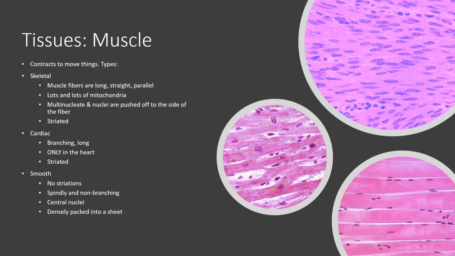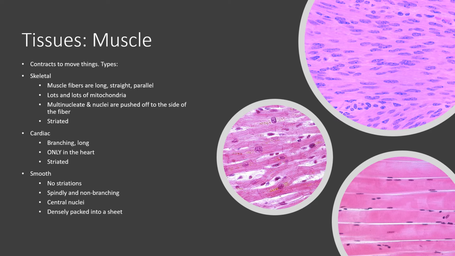Skeletal muscle is what you really just think of as muscles. It's your biceps, it's your triceps, it's your abs, it's your hamstrings. These are the muscle fibers that are long and move your skeleton around, hence skeletal muscle. Major features of skeletal muscle include that they are long, straight, and parallel to one another. They have tons of mitochondria. They have tons of nuclei per muscle cell, and the nuclei are all pushed off to the side of the cells, so they end up looking like flat, skinny little beads around the edges of these barrel-shaped red